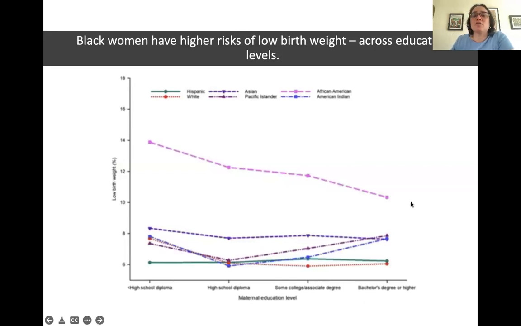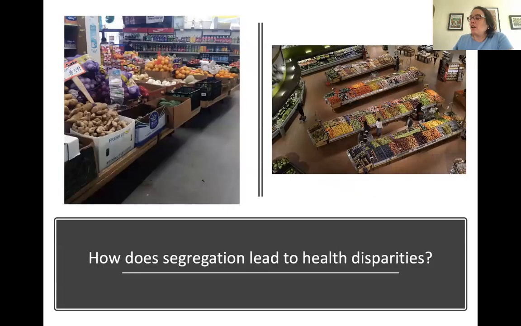Another thing the reading talked about was the discrepancies in terms of birth weights for babies. And here we have the figure which demonstrates that African-American mothers with college degrees are more likely than whites, Hispanics, and Asians with less than a high school education to have low birth weight babies. Babies born with low birth weight are at higher risk for death. The reading also talks about how segregation contributes to these health disparities. And again, these were just a few of the examples of the kinds of health disparities that exist between different